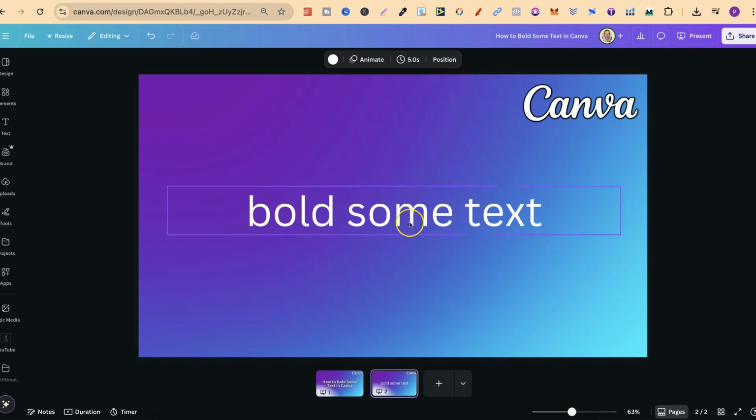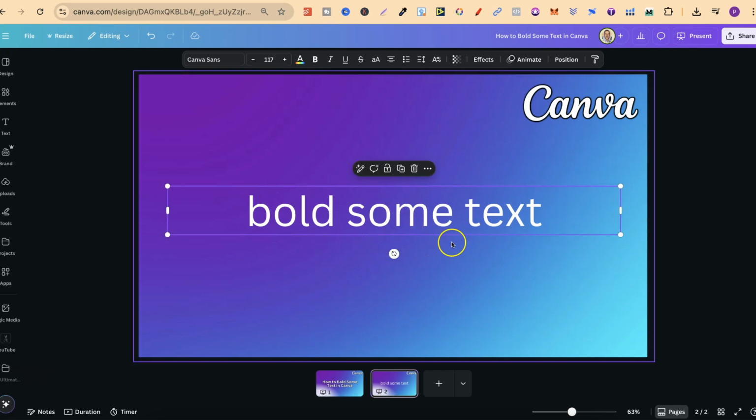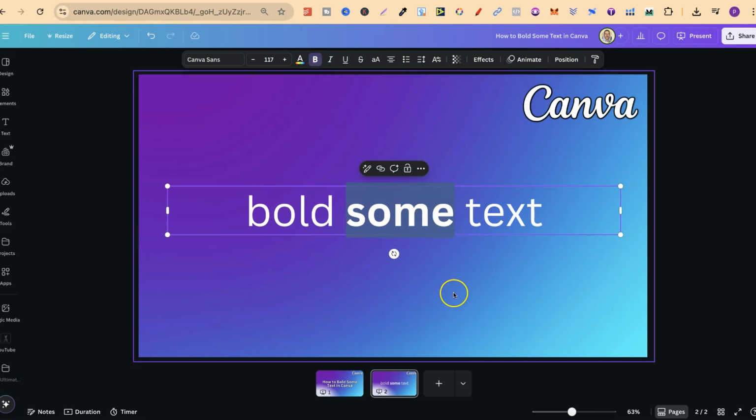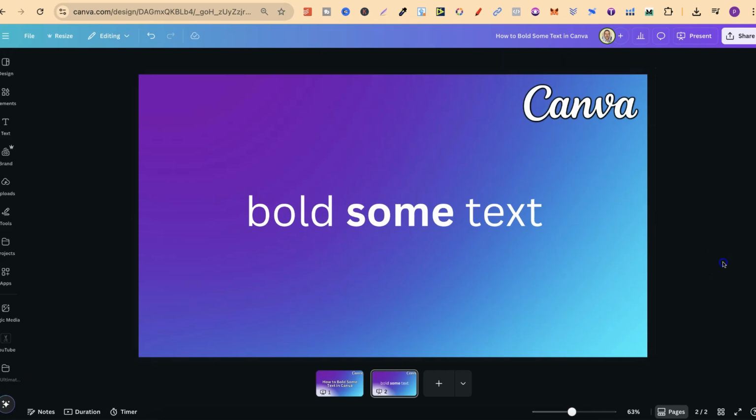Now, once you have the text that you want to bold, we can simply click onto the text and then double click onto the word that we want to bold, or we can just highlight the word just like that, then come up to the toolbar just here where we see the bold icon. Then if we click on there, we've just bolded, which is highlighted. So now if we click off of that, we can now see that we have in fact bolded just one